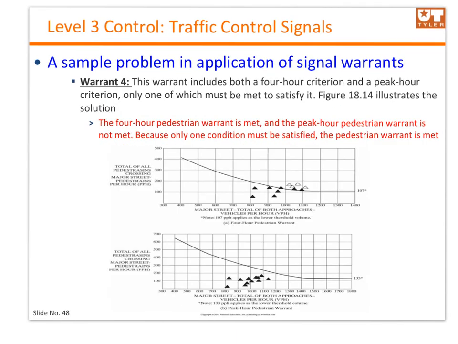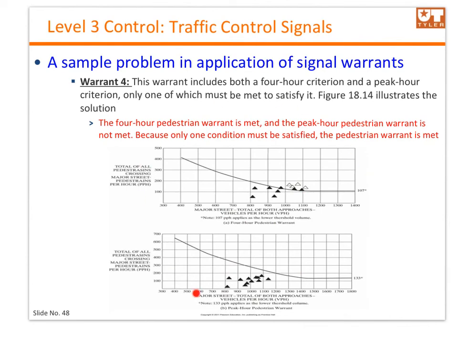How about warrant 4? Warrant 4 includes both the 4-hour criteria and the peak hour criterion, only one of which must be met to satisfy it. So if you go to figure 18.14, which illustrates the solution, here we need to have 4 out of the 12, and as you could see, the 4-hour pedestrian warrant is met because we're having 4, but the peak hour pedestrian warrant is not met because